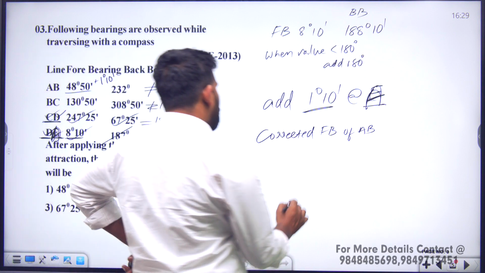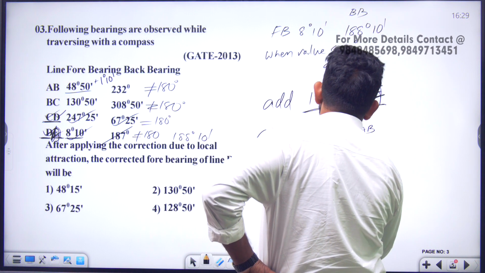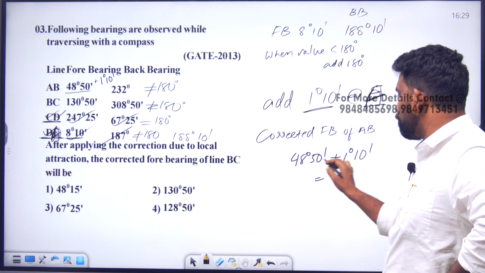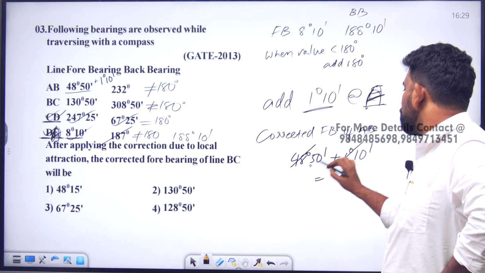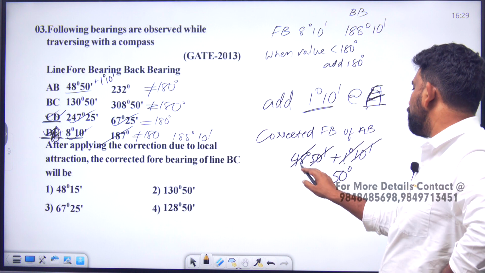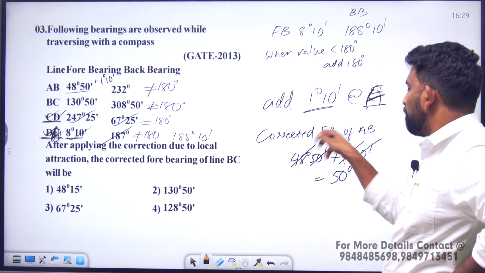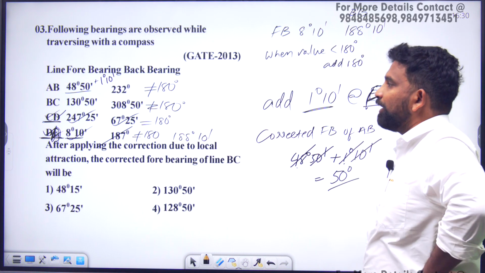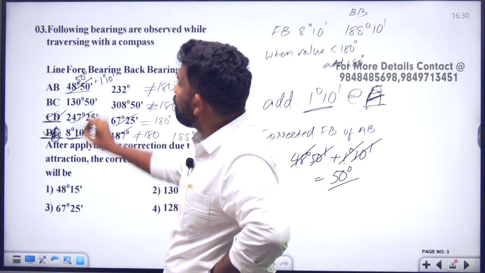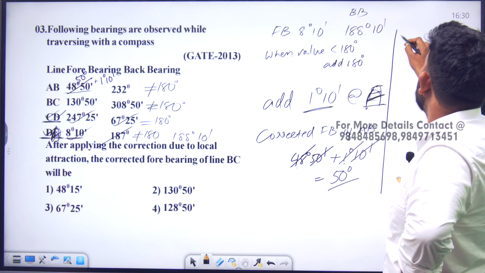So 48 degrees 50 minutes plus 1 degree 10 minutes. The 50 plus 10 minutes comes out to be 60, and 60 minutes means nothing but 1 degree will be added. So here you have to get 50 degrees. That means the corrected bearing here is 50 degrees. Okay, so now when AB is corrected, that means the corrected forebearing of AB is 50 degrees,